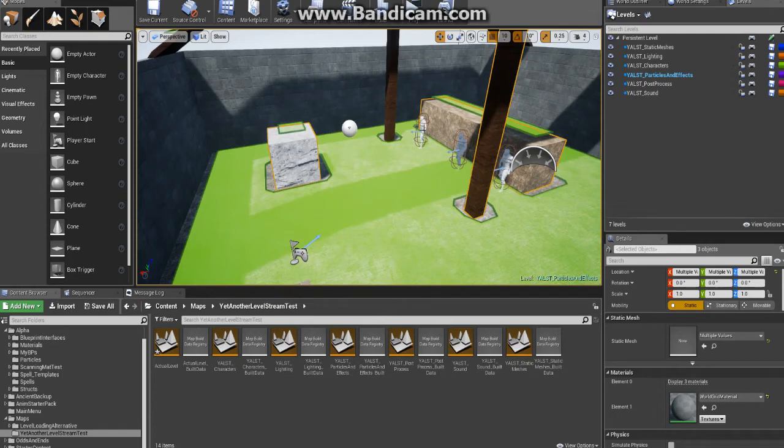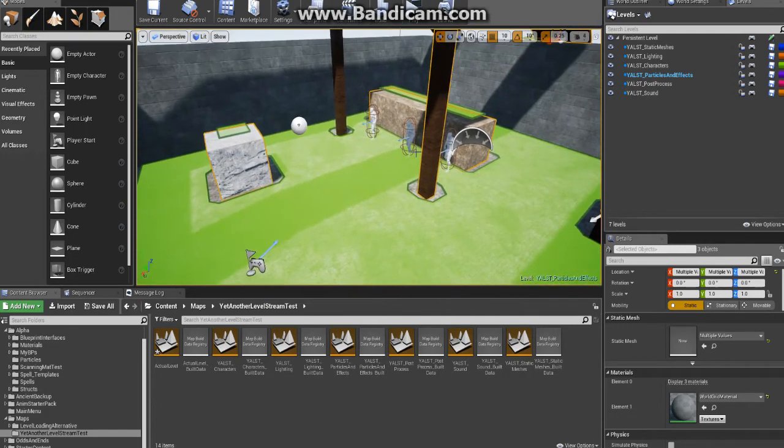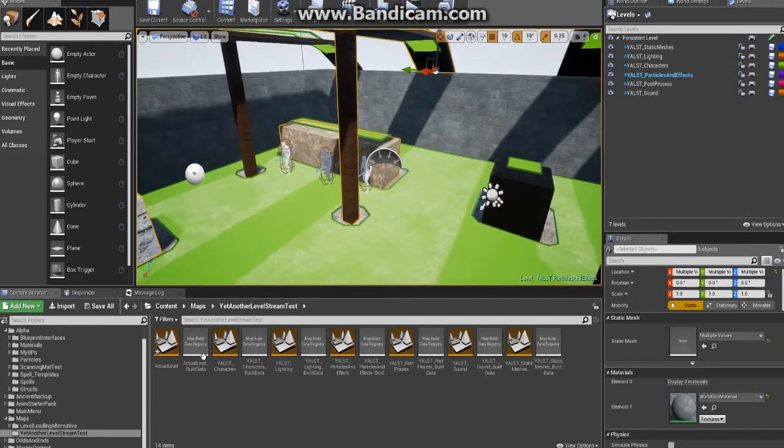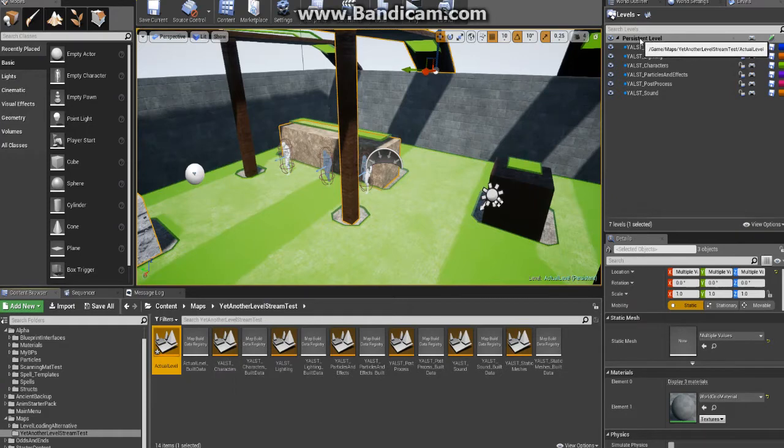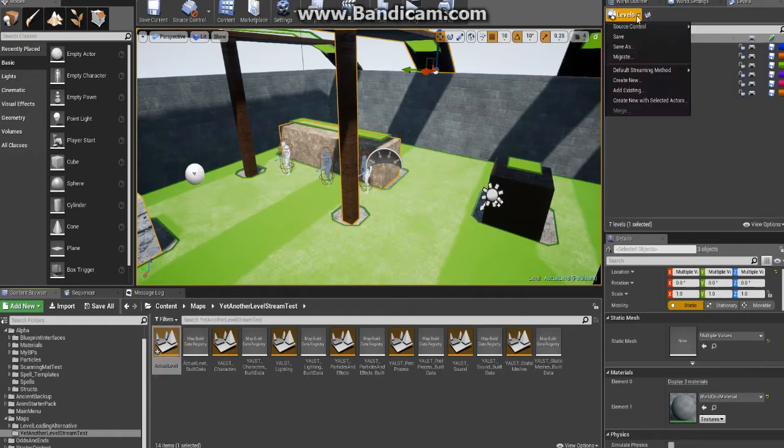Alright, so picking up where we left off. We've got each of these various levels and we're going to put various things in them. So I'm going to go to the actual persistent level, which will be your main level, whatever you chose. That'll be your master level. And in case you don't know how to add levels to it,